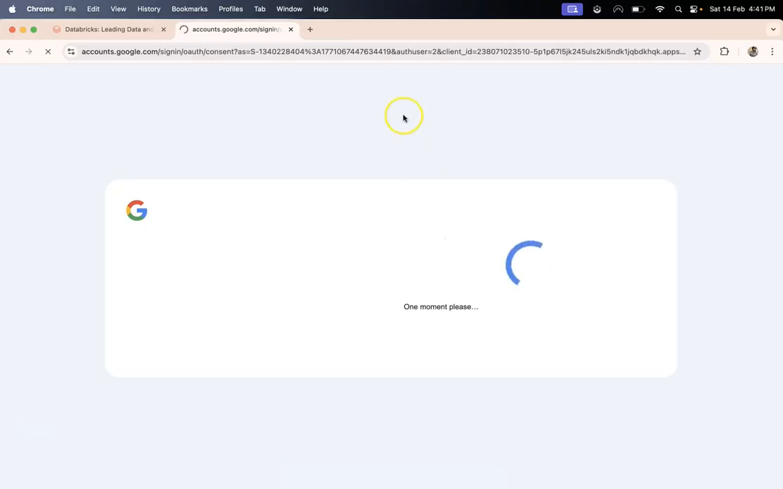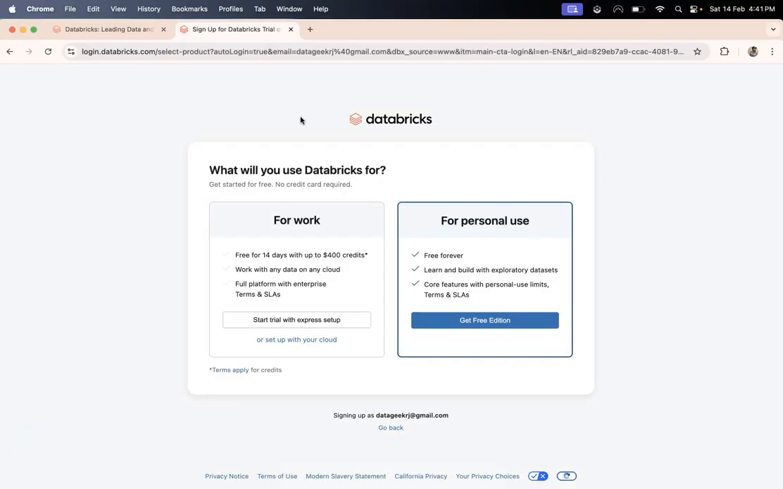Now, after this step is over, it will ask us to set up some clusters, because essentially Databricks runs on the cloud, right? So you can attach your existing cloud, or you can basically work with. Okay, so you can see it asks what you will use Databricks for. You can use it for personal use, or you can use it for work. Now you can get a free edition, or you can just start a trial with Express setup. So I'll select start trial with Express setup,